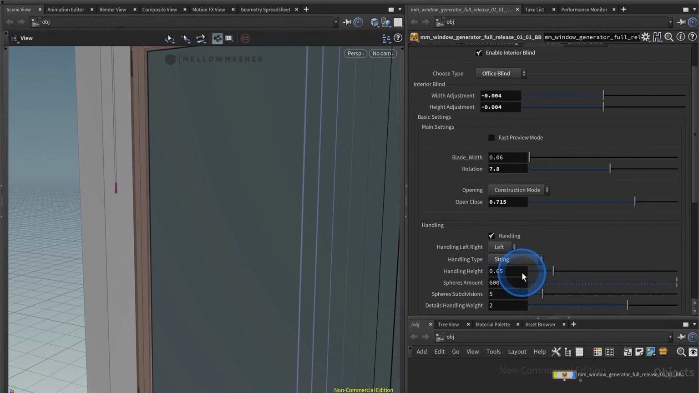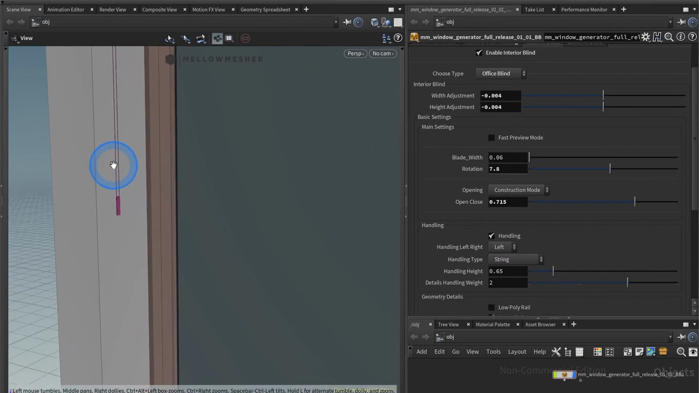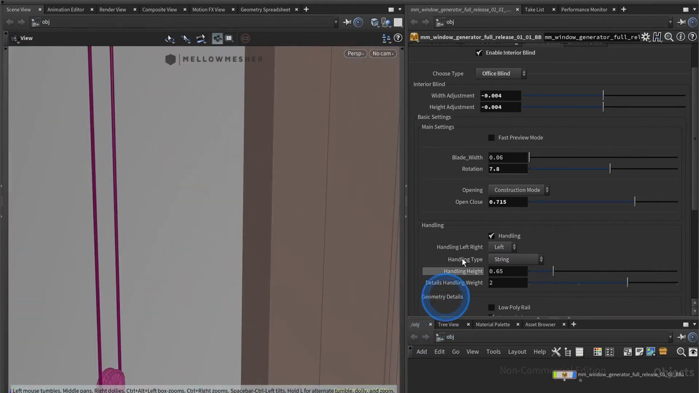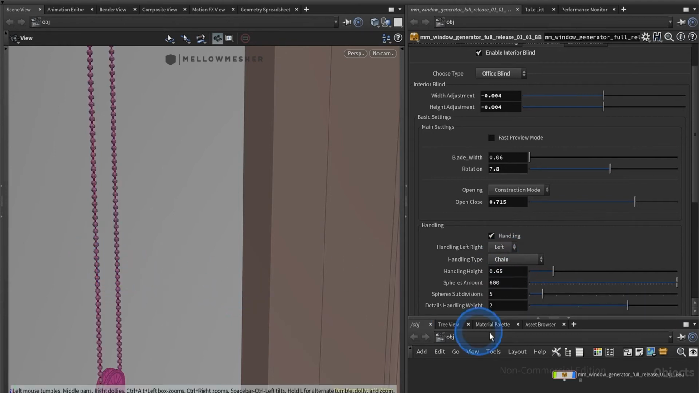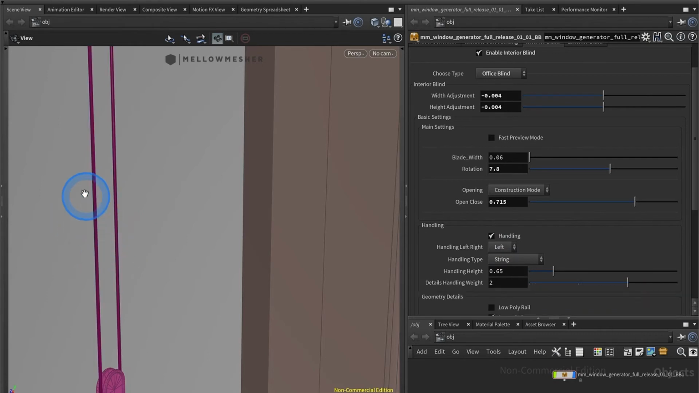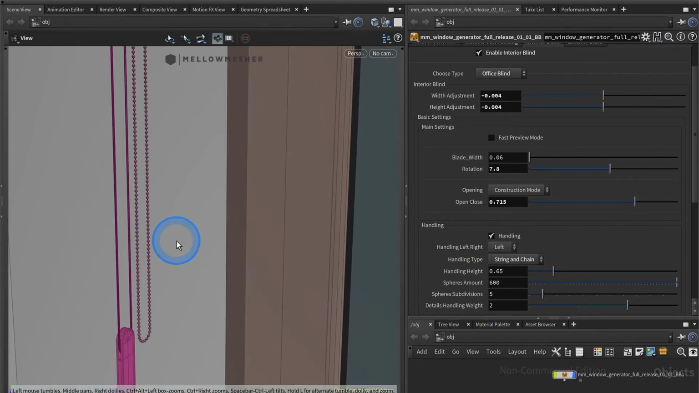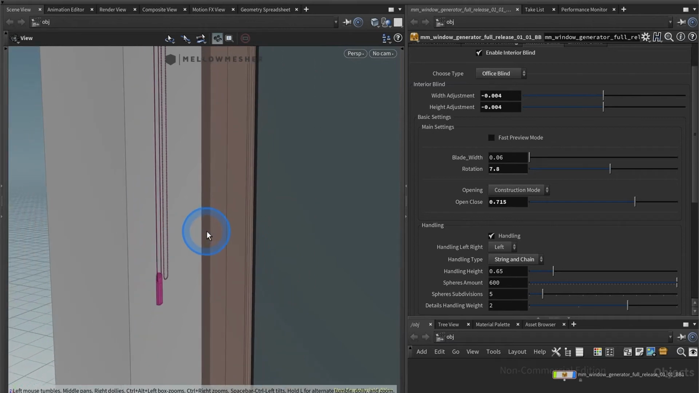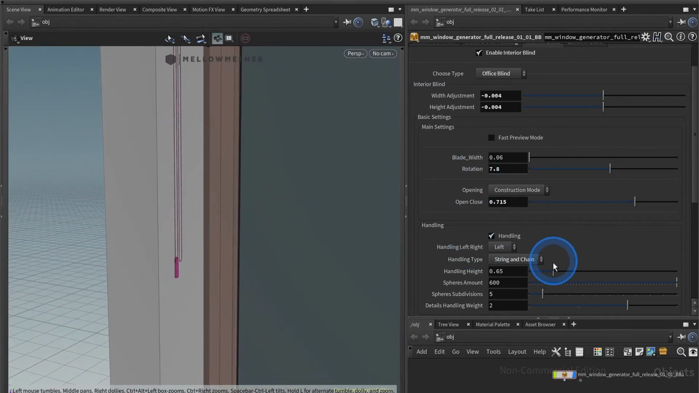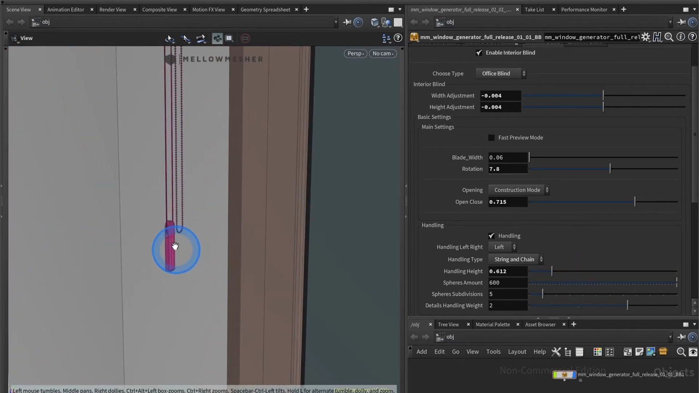You can choose between string and chain or string and chain. So just to show you, that would be a chain, and here we have a string, so it's just a little string. But you can also have string and chain, so whatever you want to achieve you can choose from. And you have a couple more settings for the height, so you can move it up and down,